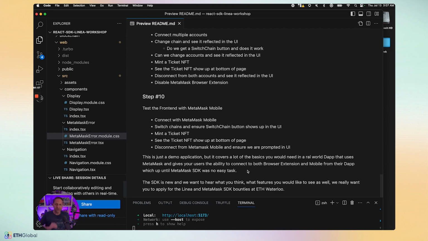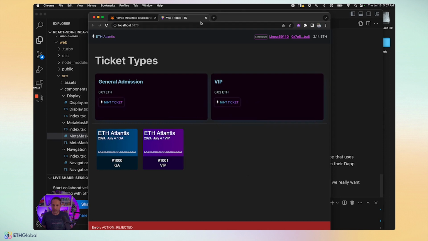The SDK is new, and we want to hear what you think, what features you would like to see as well. We really want you to apply for the Linea and MetaMask SDK bounties at all the hackathons that we're having. We've got ETHGlobals, we've got virtual hackathons at MetaMask. And if you have any questions, again, we can go back to